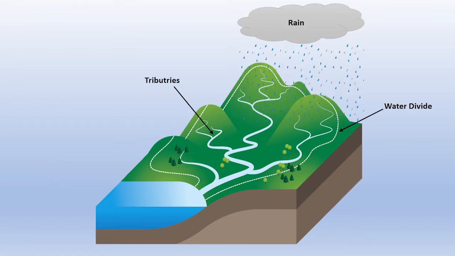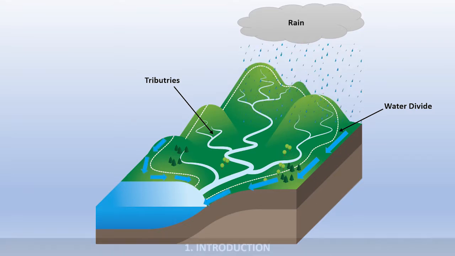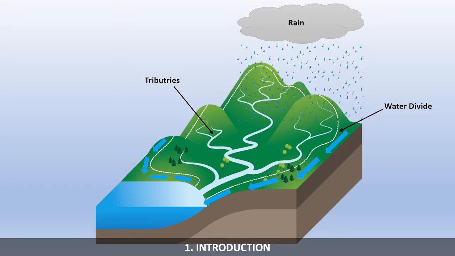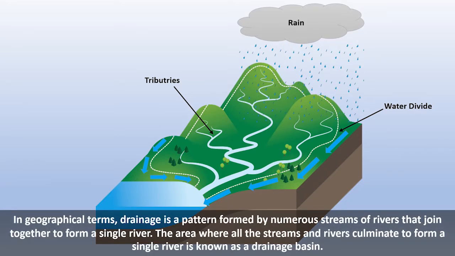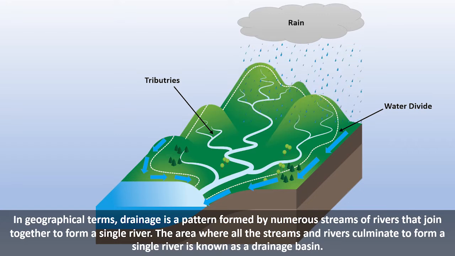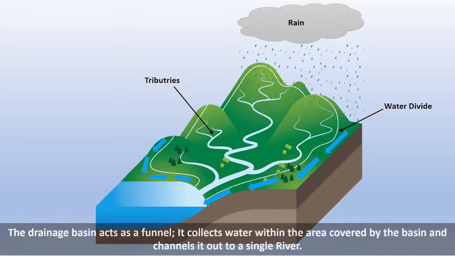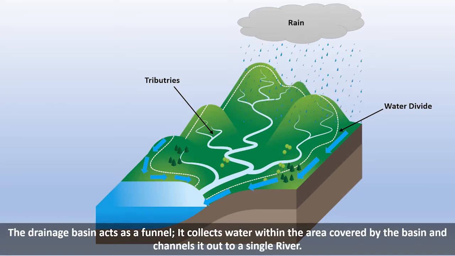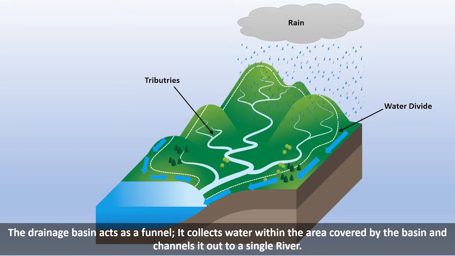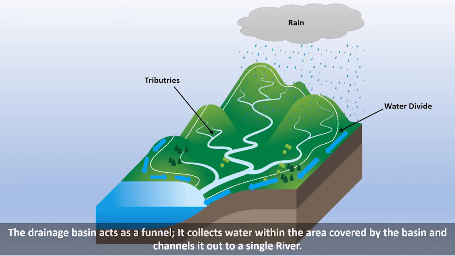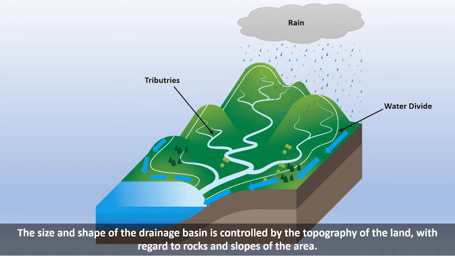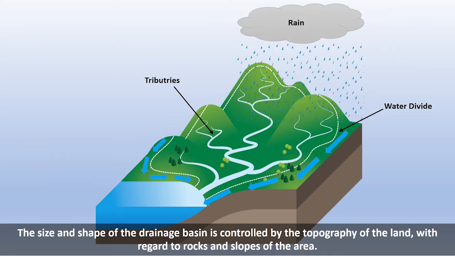A drainage is a system formed by multiple streams of rivers that come together and join at a single point and form a bigger river. It is an area or a point where many small rivers, better known as rivulets, meet and form a bigger river. The diagram of drainage can be compared to a funnel. While adding water in the funnel, we can add the water from various directions, but it all comes together and flows out as one single stream of water. Similarly, when many small rivers come together and flow as one single river, it is known as drainage.